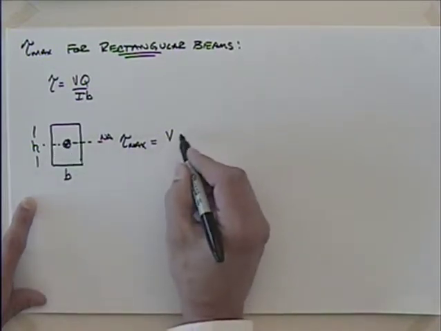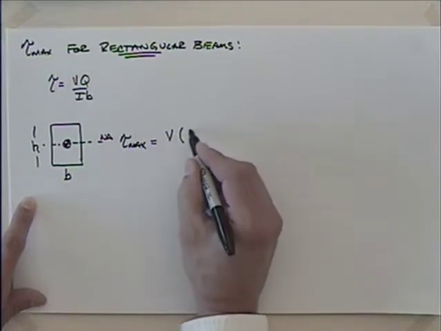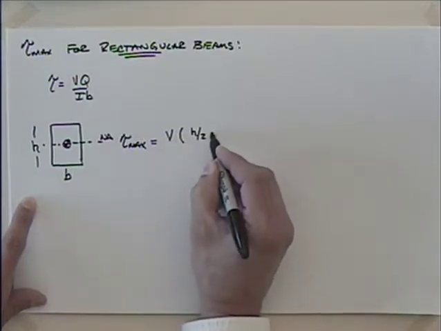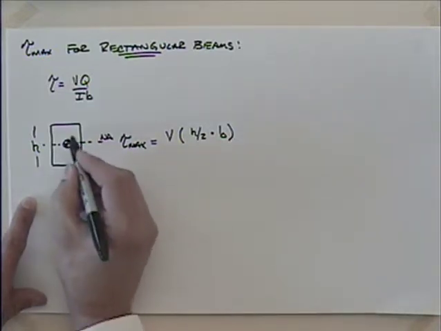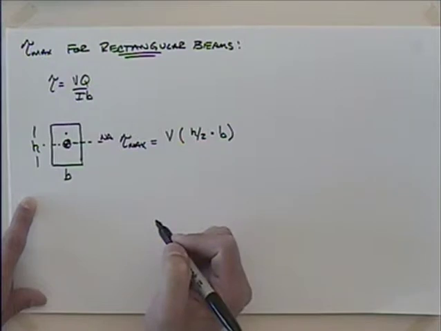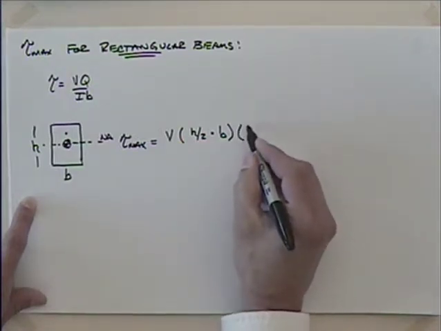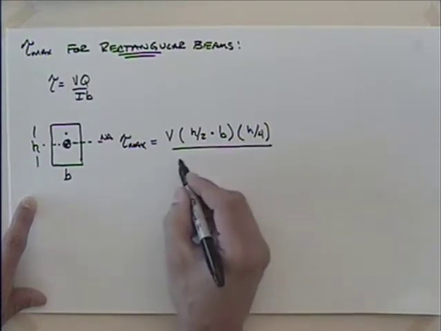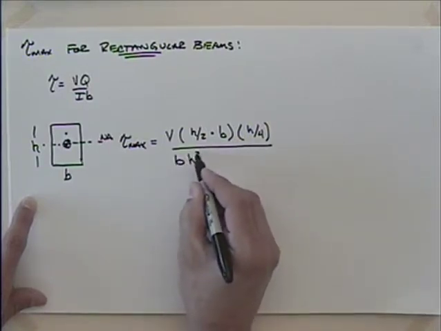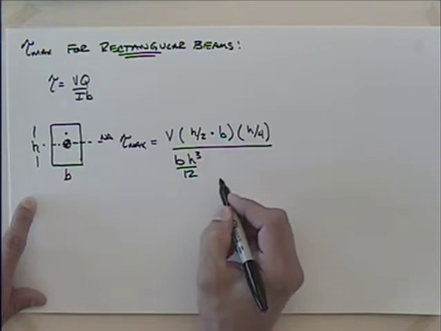Well, the area above there is what? H over 2 times the base dimension B, and then I have to multiply that by the distance to the centroid of that area, which is what? H over 4. Now I'm going to divide by I, which is base times height cubed over 12, and then